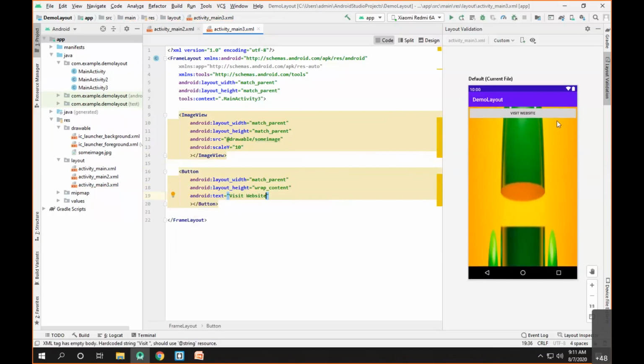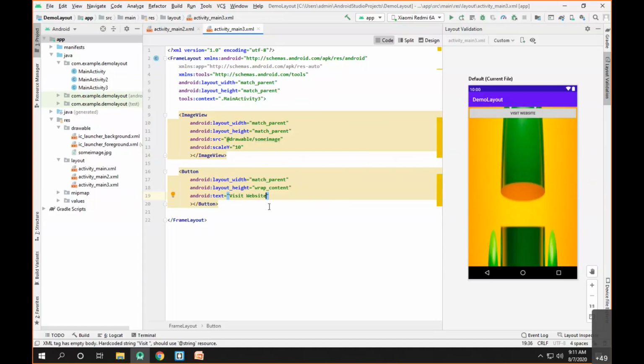As you can see, the button is now added onto the screen on top of the image. So the image is basically in the background and the button is overlapping that particular image. As you go on adding the views, they will be overlapping each other.